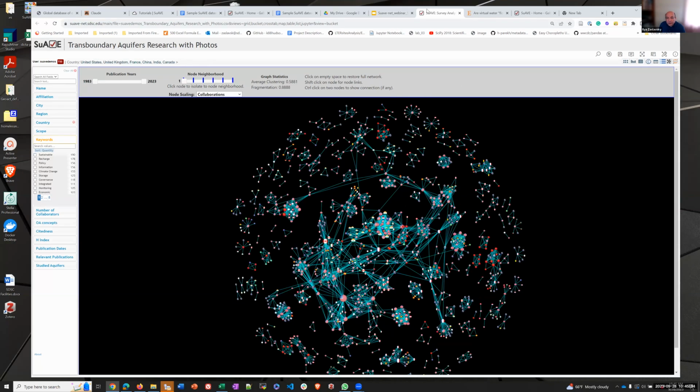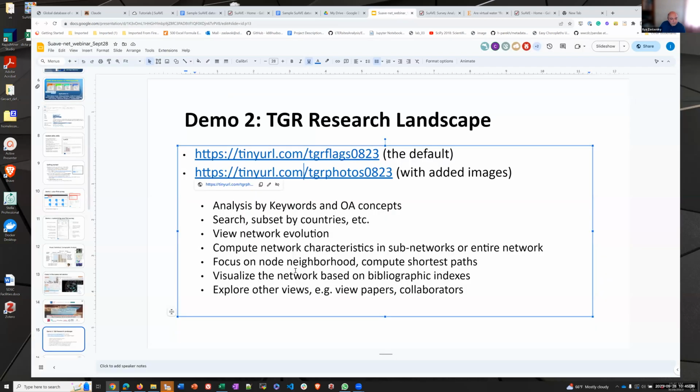I will show you, so let me get back to the slides, just so that I remember some of the points that I wrote here. So you can do this analysis by keywords such as modeling. You can come up with any number of keywords. Search and subsets, view network evolution, compute network characteristics, and